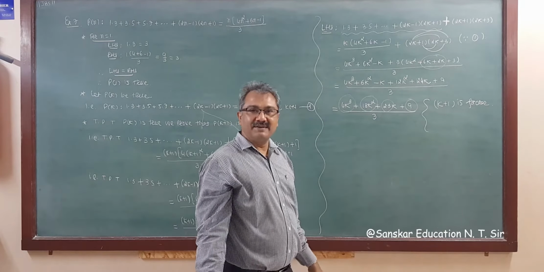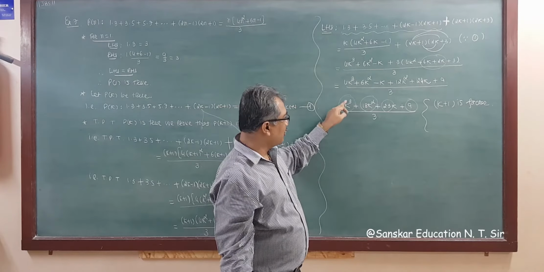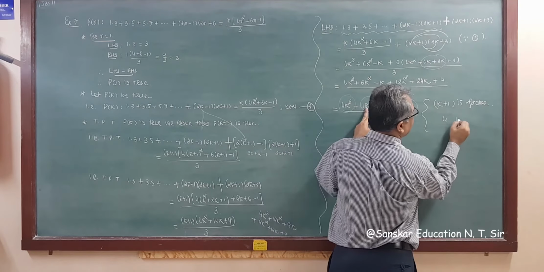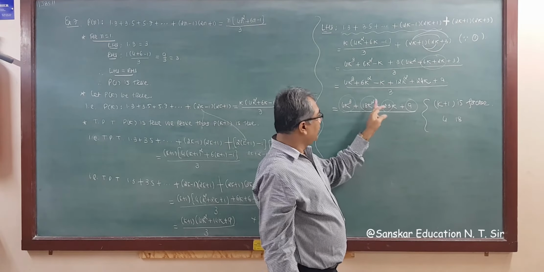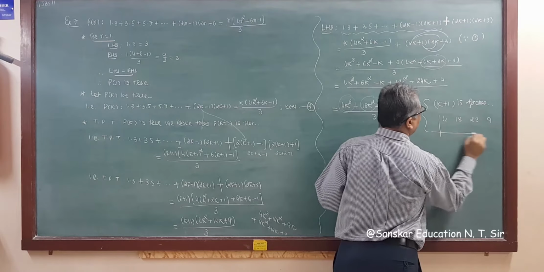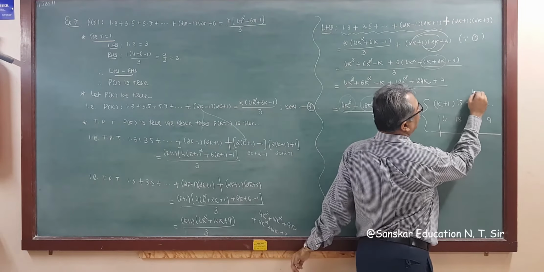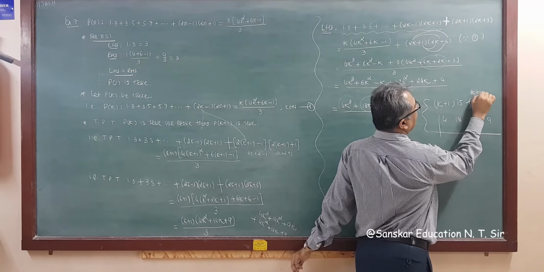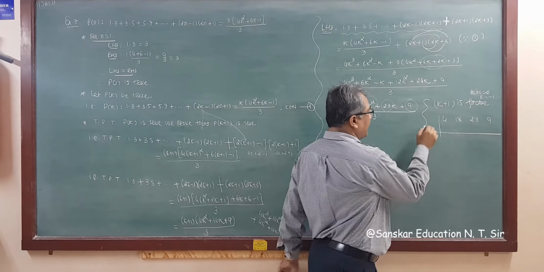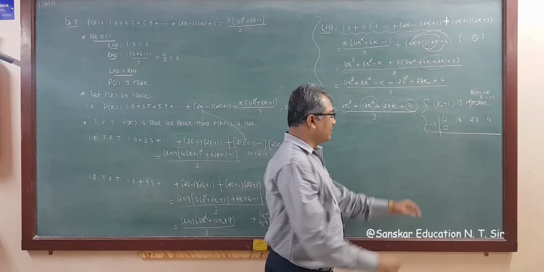Right? Now you know the synthetic division method. Write down the coefficients in decreasing order. So here the coefficient of k cube is 4, so write down 4. Then the square coefficient is 18, so write down 18. Then the power 1 coefficient is 23 and the constant term is 9, right? Now you know if k plus 1 is the factor, then k plus 1 is equal to 0. That is k is equal to minus 1. So write down minus 1 here. Put 0 here. Always put 0.